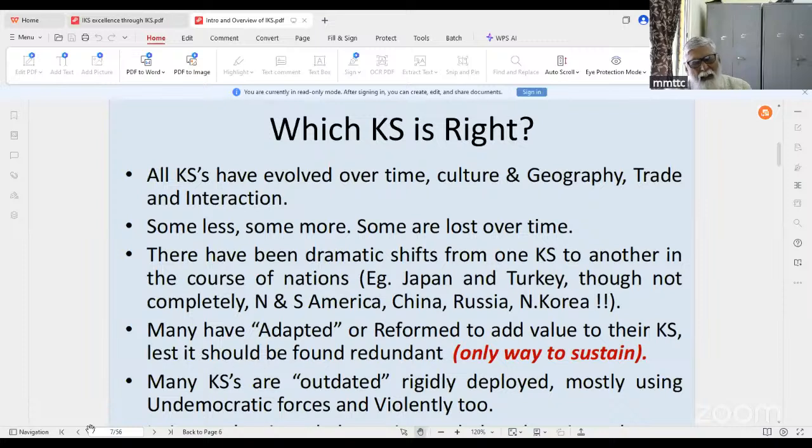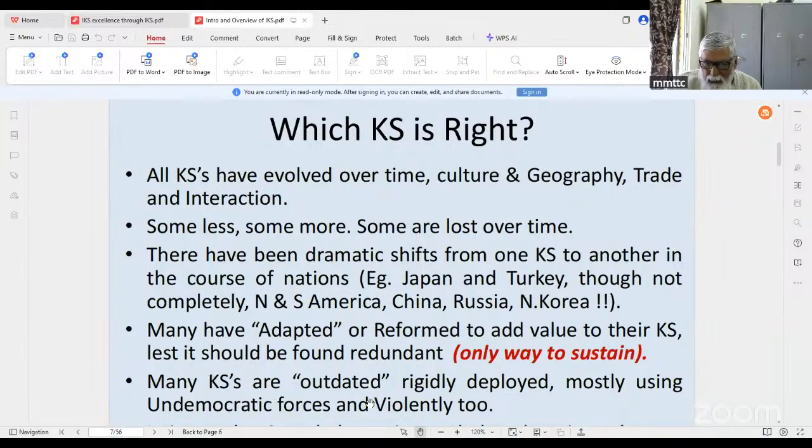Not necessarily all adaptation is for good reasons. For example, in Bangalore, you find a large number of people have switched over to fast food. A large number of people have switched over to cereals as breakfast because making idli dosa takes time. Okay, so all these things can be seen every day in our life.